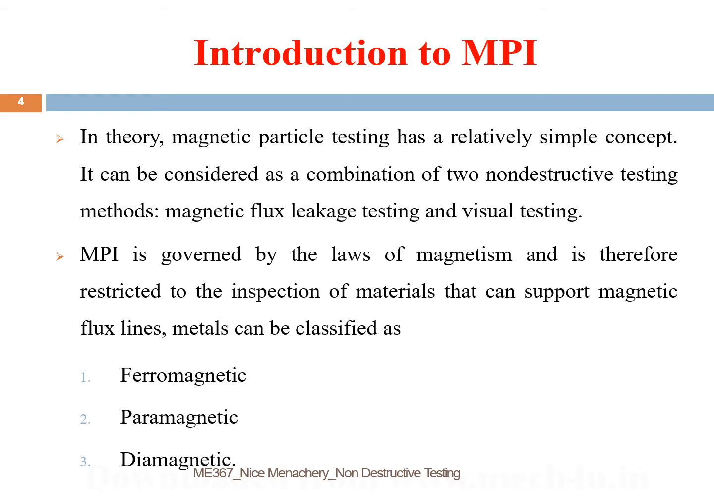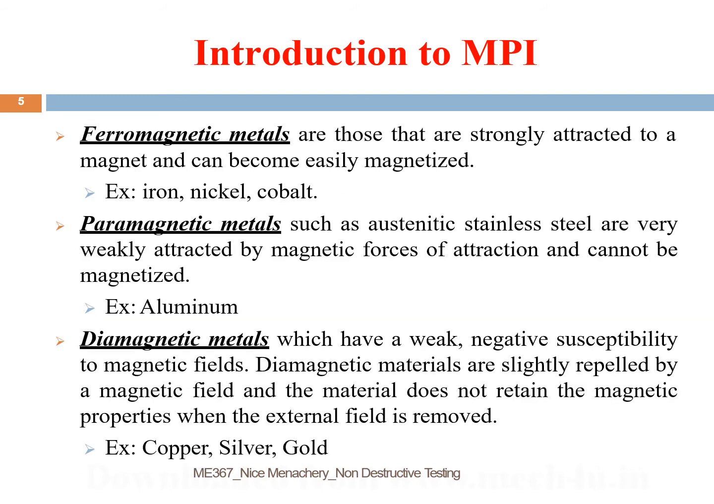support a magnetic field. So actually metals can be classified based on their magnetism into three main categories. First one is ferromagnetic material, second one is paramagnetic material, and third one is diamagnetic material. In ferromagnetic materials, these materials are strongly attracted to a magnetic field. They can easily become magnetized. And for example, if you take the case of iron, nickel, and cobalt, all of them are strongly attracted to